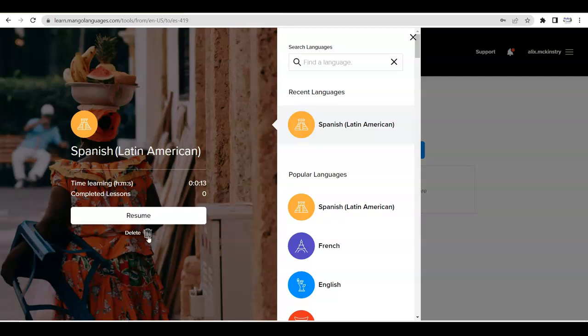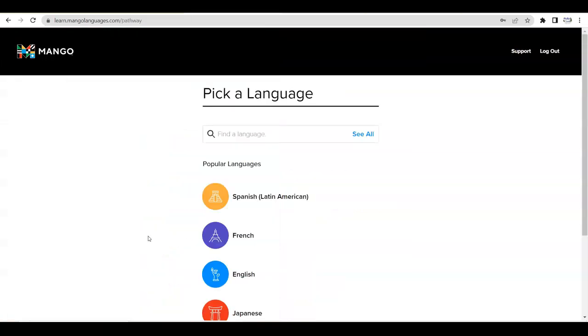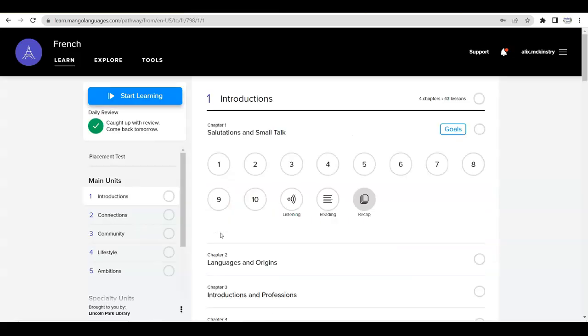So say I want to delete this and do another language. I'm going to hit delete. And then it brings me back to this home page where you pick your initial language that you want to learn. So say I want to do French. I'm going to click French. And then again, it's bringing me back to this home page that looks very similar to the Spanish one,